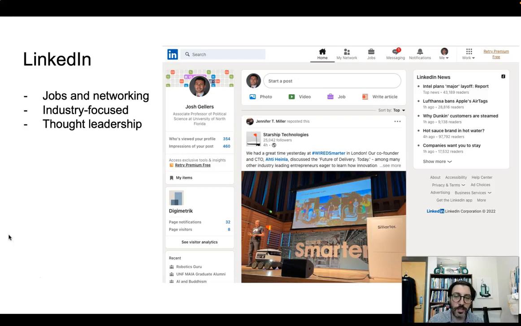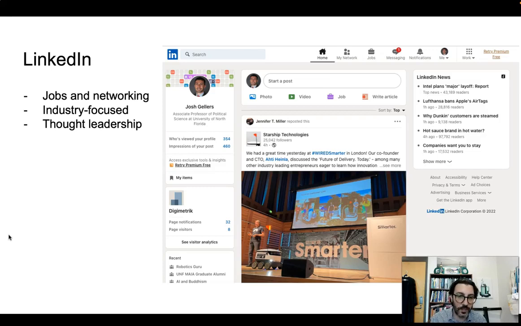Another one that's worth mentioning is LinkedIn. LinkedIn is a bit different from Twitter because it's not focused necessarily on microblogging, although as you can see, you can certainly post images that have text. But LinkedIn, from the beginning, has been more focused on the business community and industry. So if you're someone whose job or academic expertise relates to the business world, or you want to maybe pursue opportunities in consulting, or want to get to know people who are active in the local business community, LinkedIn is actually a great place to engage as well.